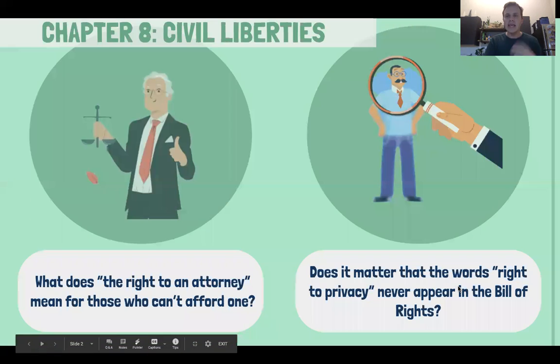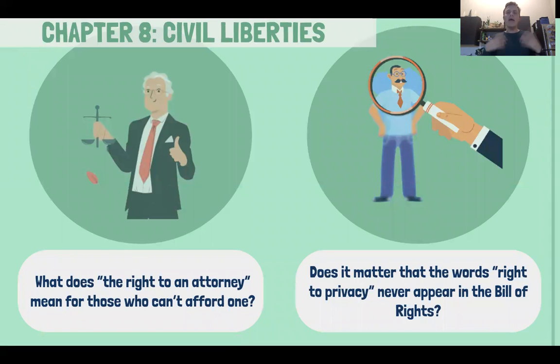Now, the key questions in these cases really reveal that. There might be a phrase in the Constitution like the right to the assistance of counsel, which of course means the right to an attorney. But what does the right to an attorney mean if you can't afford an attorney? Is that right different based on how much money you have? Does this mean merely the right to purchase an attorney, for instance? Is that maybe even a bit odd of a thing to include then?